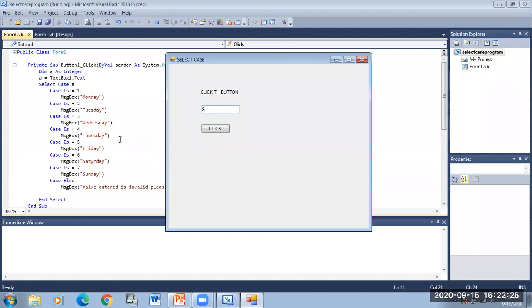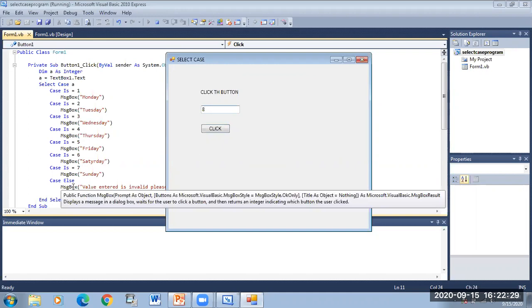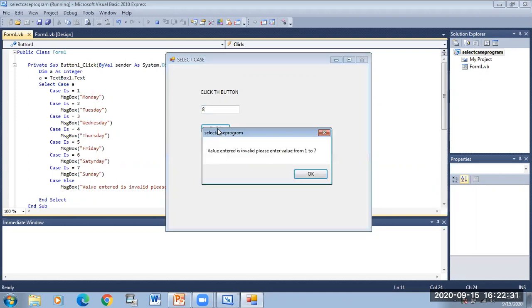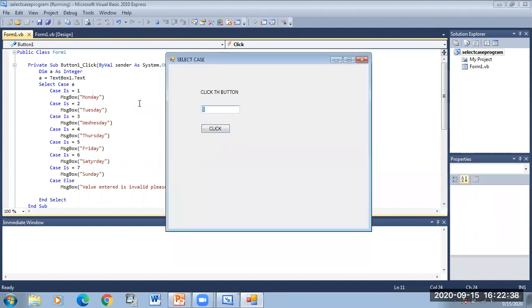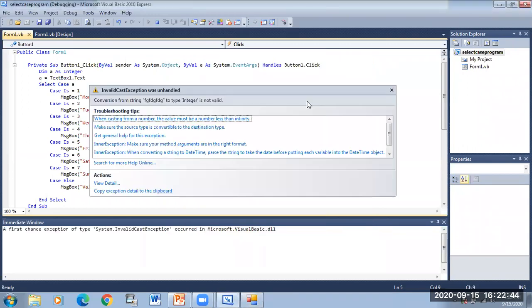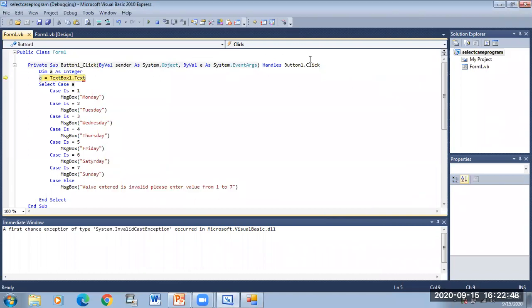Is the case 8? No. So which message will it display? It will display this message. Click. See, value entered is invalid. Please enter value from 1 to 7. If you type a character like this, the string is not valid.